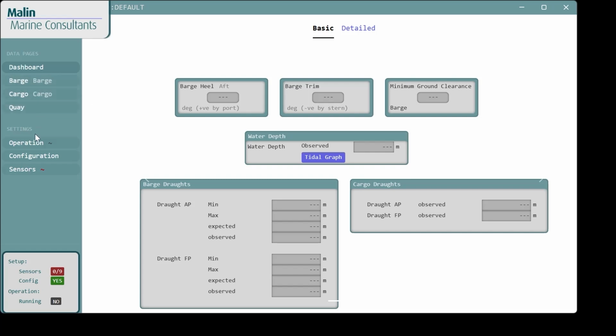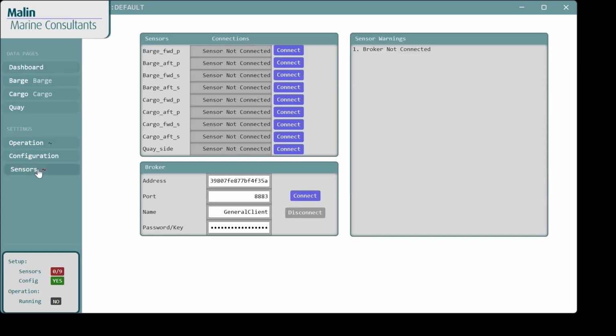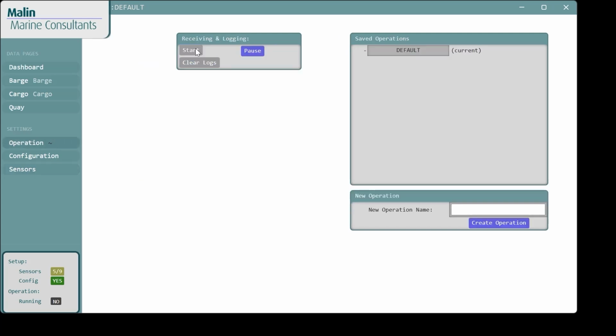all the main pages as well as the configuration pages. Going to sensors, we can connect to the MQTT broker like this, which will allow us to connect to sensors once some readings have come in. For the demonstration, we're just going to connect the barge, sensors, and the key sensors. If we go to operation, we can now start the operation, which will actually start logging the data to the